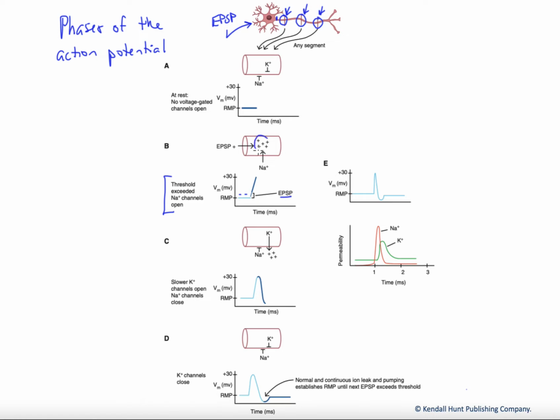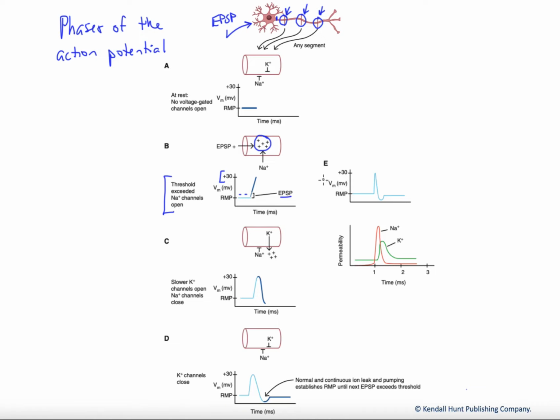And so we're going to get influx of these cations. That's going to result in a more positive membrane potential, the upswing of this action potential spike. It's very rapid, and it's going to reach a positive membrane potential before those channels close. And that's because the equilibrium potential for sodium is very positive. It's actually plus 60 or so, plus 65 millivolts. Now, it doesn't reach that exactly because, first of all, other ions have permeability through leak channels,